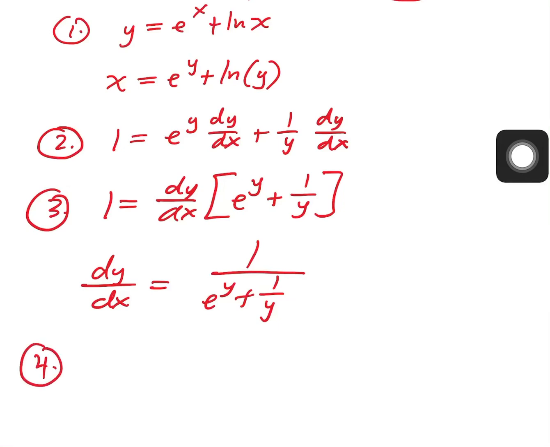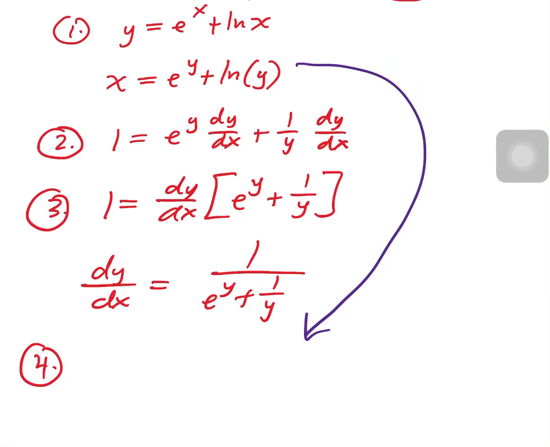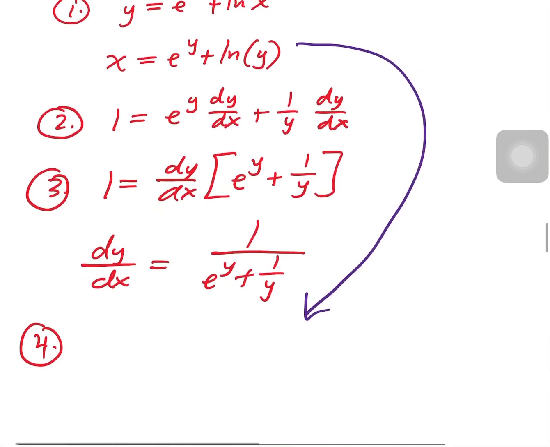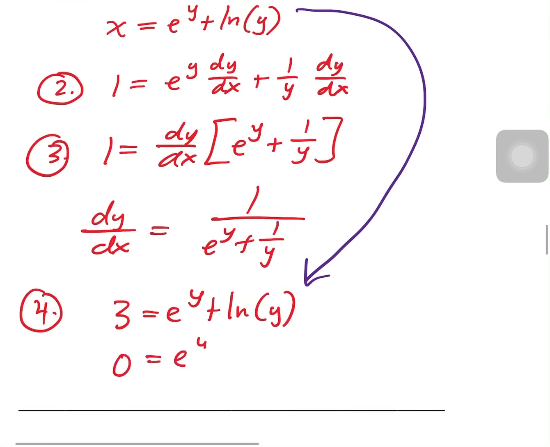In step 4, I'm going to take this original equation after I switched it for x and y, and I want to use the x value, and the x value is 3, so I let 3 equal e to the y plus the natural log of y. Subtract 3 from both sides and use a graphing calculator to find where this graph intersects the x-axis, and then y would be approximately, in this problem,